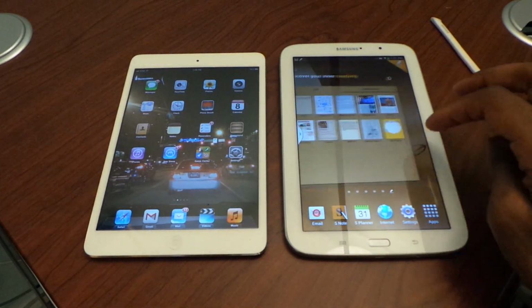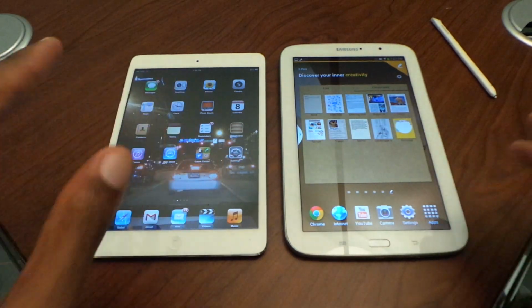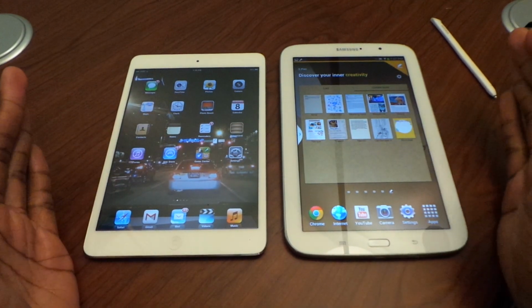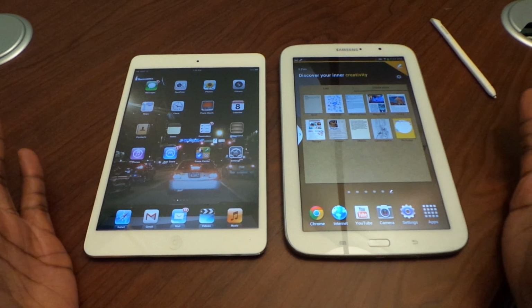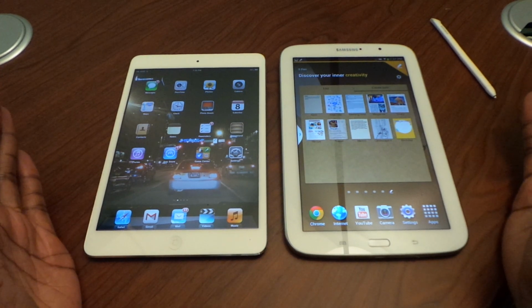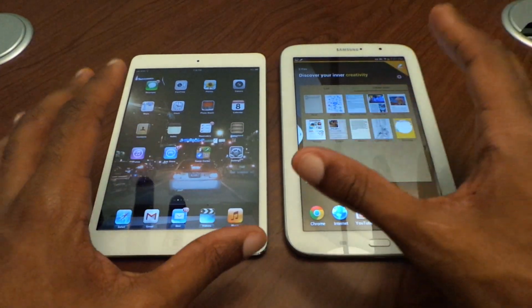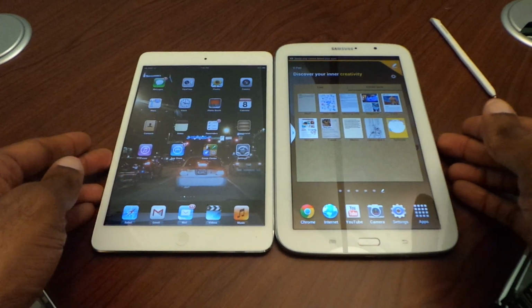I'm going to do a head-to-head comparison of the Galaxy Note 8.0 and the iPad Mini, both very, very good tablets. We really can't go wrong with either one. Starting off, they both do a lot of nice things. The iPad Mini, starting with hardware and design, they both look very similar,